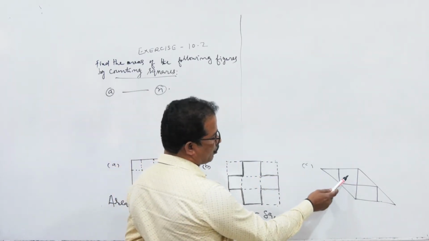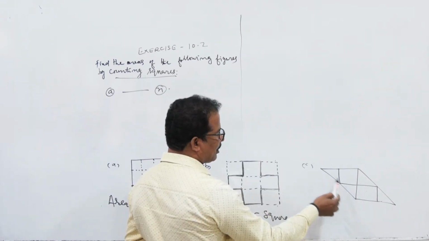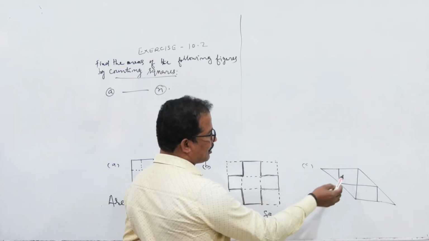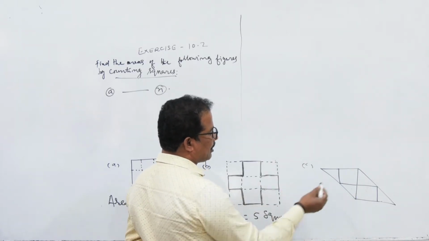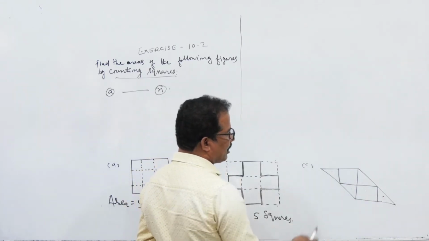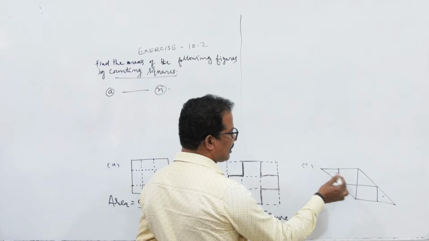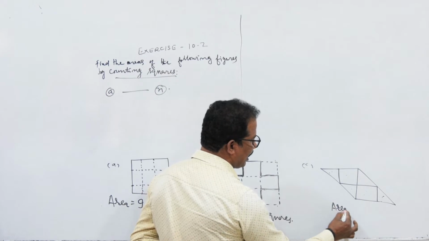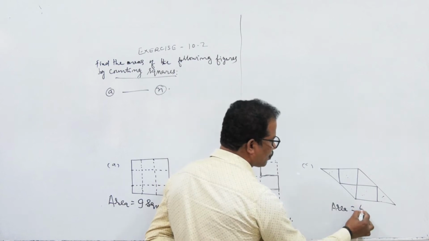The complete squares here are only 2: 1, 2, and the rest are half squares. This is a half square, this is a half square, this is also a half square, and this is also a half square. See how to find the total number of squares here. There are 2 full squares, and 2 half squares can be taken as 1 complete square. So after counting, there are 2 full squares. This and this we can take as 1 square, that means 3, and this and this we can take as 1 square, that is 4. So this diagram has an area of how many squares? 1, 2, 3, 4. So 4 squares.